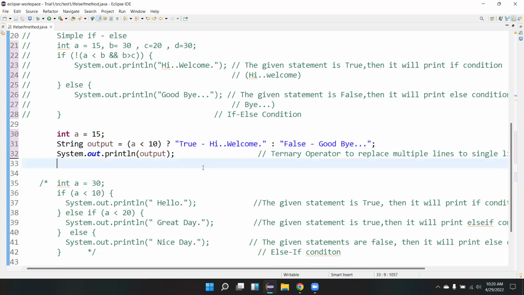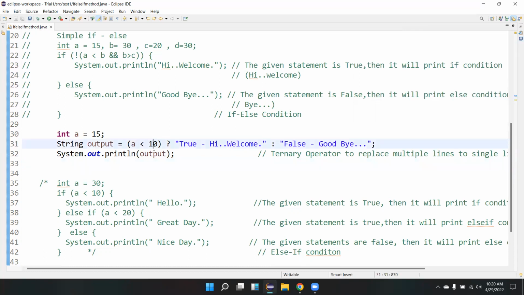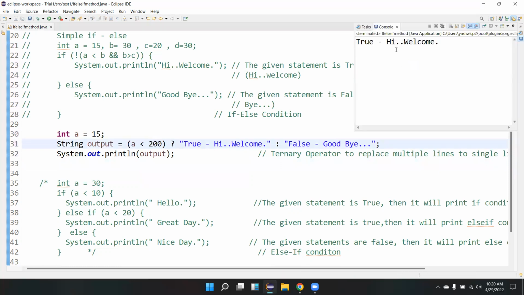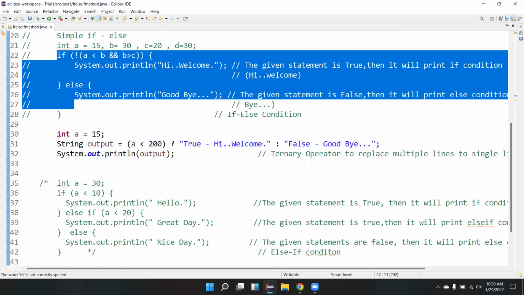Now let's print this answer and see it. This is false, goodbye. Now if you see here, this is 20. Now you see it's true, hi, welcome.